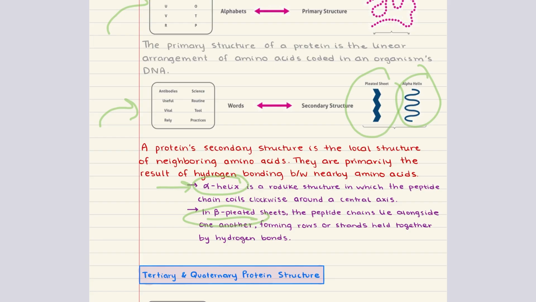Now, a fun little fact I'd like to mention here is how proline behaves in secondary structures. Proline has a unique rigid ring structure that connects back to its backbone nitrogen, which restricts its flexibility. Because of this, proline introduces a kink in the polypeptide chain when it's found in the middle of an alpha helix. It disrupts the helical geometry and it breaks the hydrogen bonding pattern. For that reason, it's rarely found within alpha helices, though it might appear at the start of one to help cap or